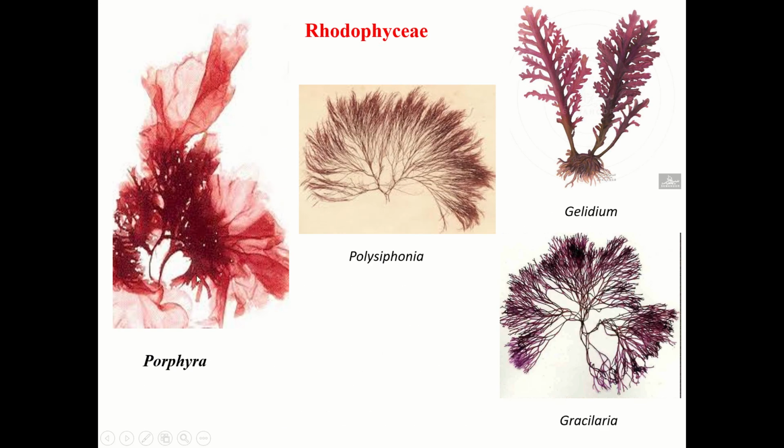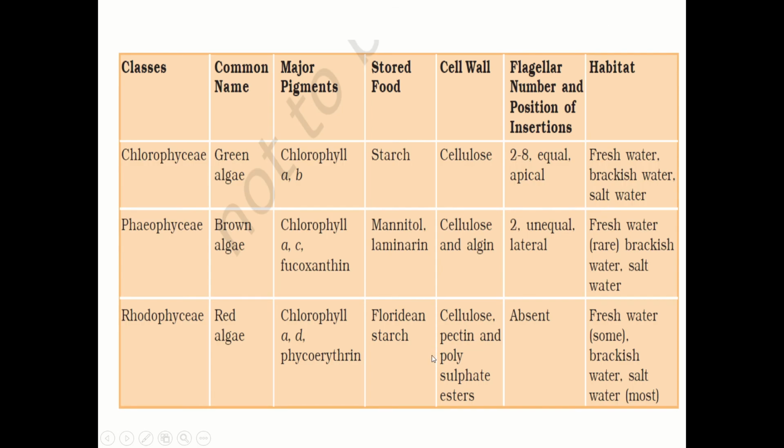Now this is the Porphyra species, which is edible. Now this is the Gelidium and Gracilaria, from which algin is obtained. They are used as a hydrocolloid for their water holding capacity, and they are also used in the preparation of ice creams and jellies. Okay. Now we will summarize the three groups. So we will try to differentiate all the three.